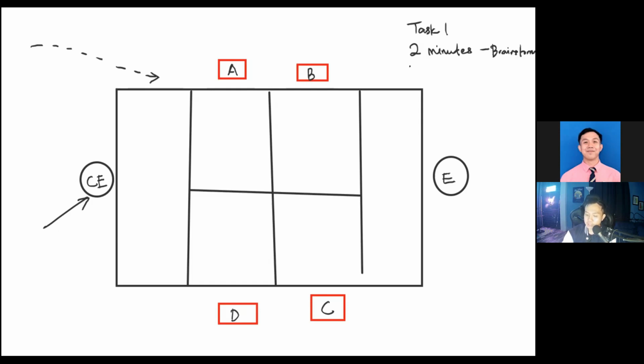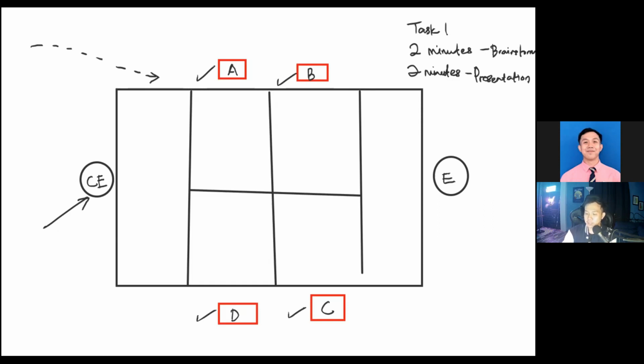And another 2 minutes, ladies and gentlemen, another 2 minutes will be your presentation. Okay, so it will start alphabetically. Starts with candidate A, B, C, and D. All right, I hope that's clear for you. All right, once that's done,